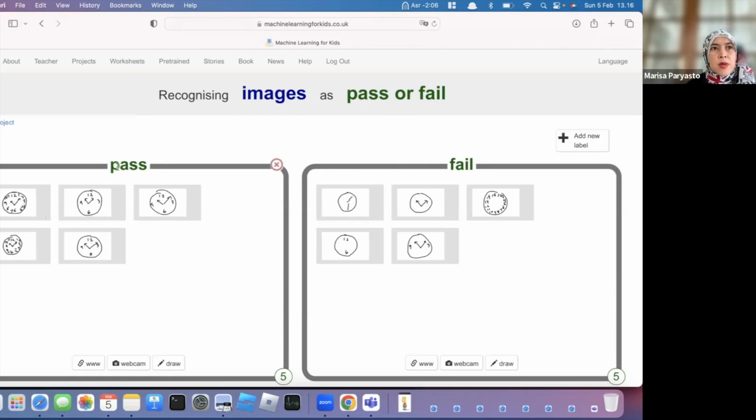That means you do not have Alzheimer's. But if someone draws the clock like this, only the arm of the clock without the numbers, or puts the numbers incorrectly without the arm of the clock, or something incomplete like this, you will fail